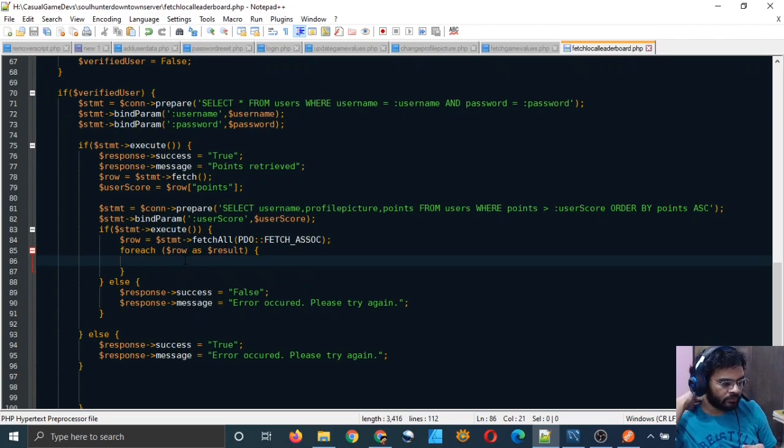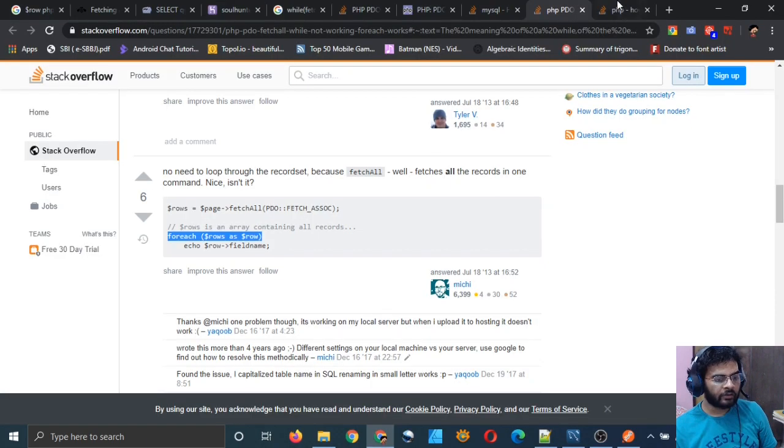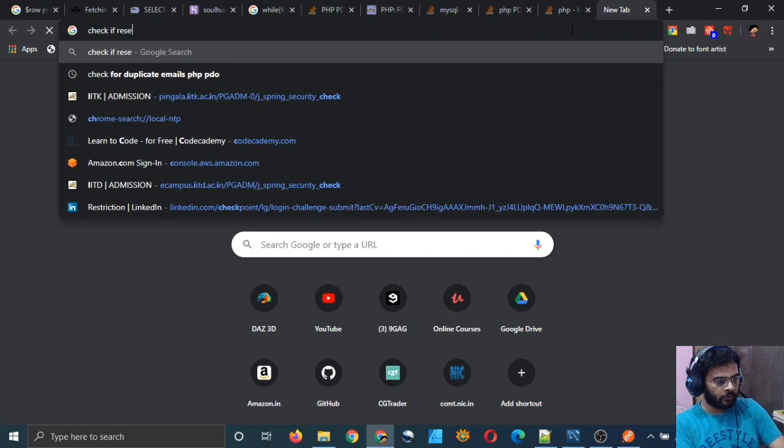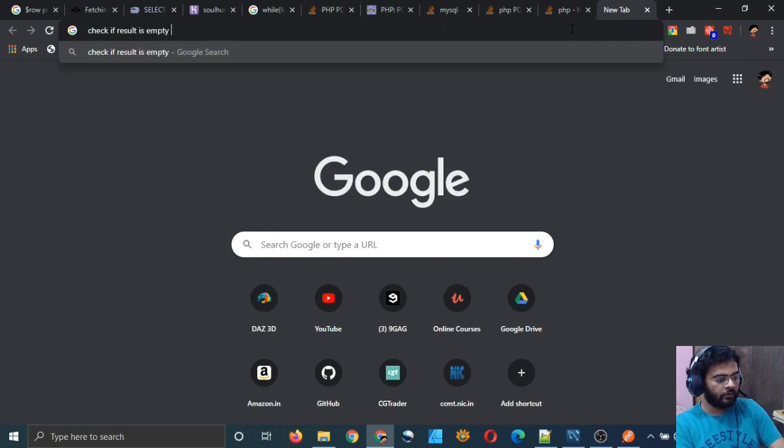And I think we should check if it is empty or not. Check if result is empty, MySQL PHP PDO.